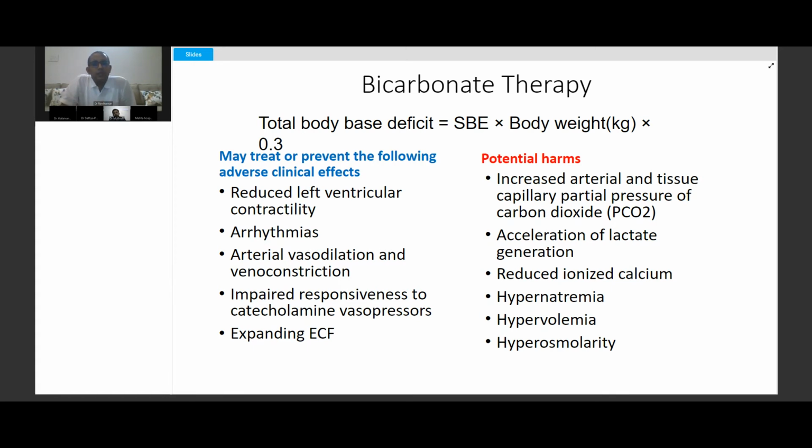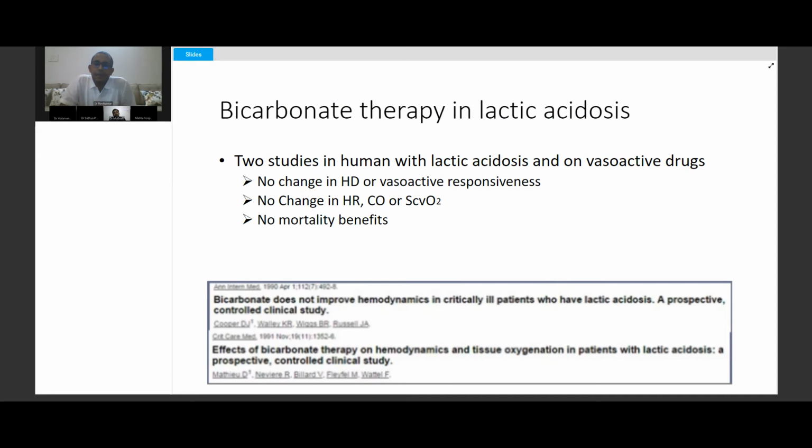Then we talked about bicarbonate therapy in lactic acidosis. A lot of studies talked about it, and they found that there is a lot more harm than advantage in using it in lactic acidosis, because the mechanism here is not a loss of bicarbonate. It is basically because of unmeasured anions or acids which are formed. So if your liver and kidneys perfuse well, and if you're able to metabolize it, it is much safer to do it that way.